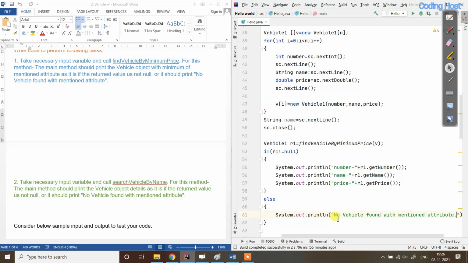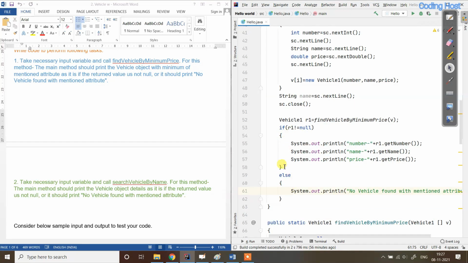So whenever you are printing in the output, check every spelling and every character, because if you miss a single character, then you will get an error in the output. Don't even forget the full stop sign or any case sensitivity. So here we are printing the output for the first method.